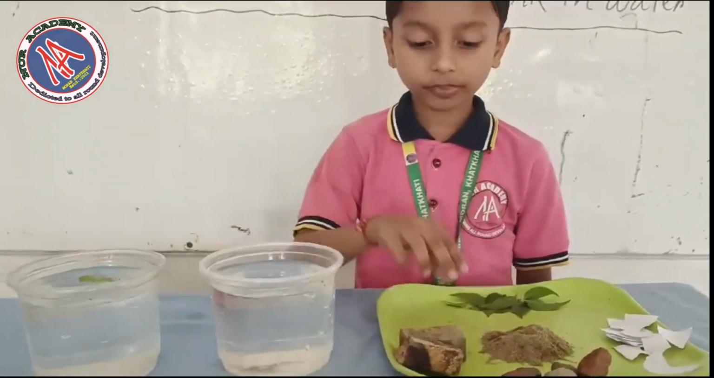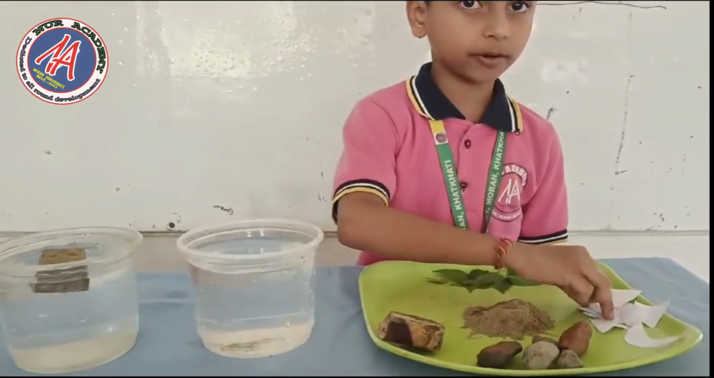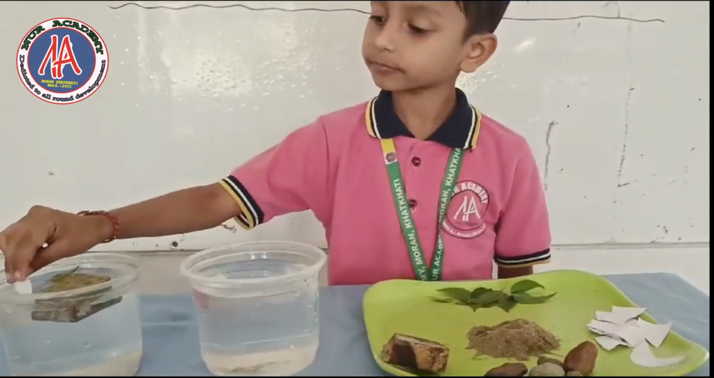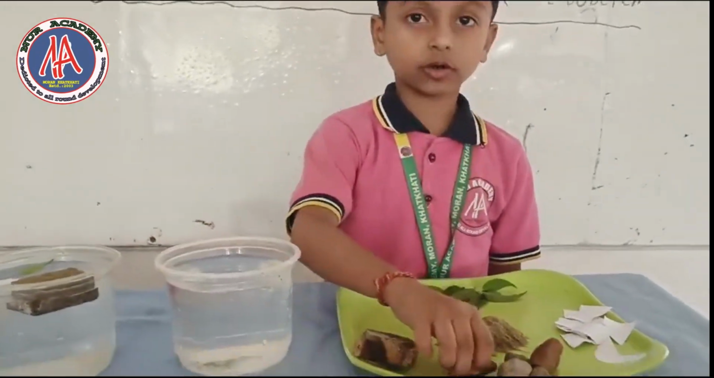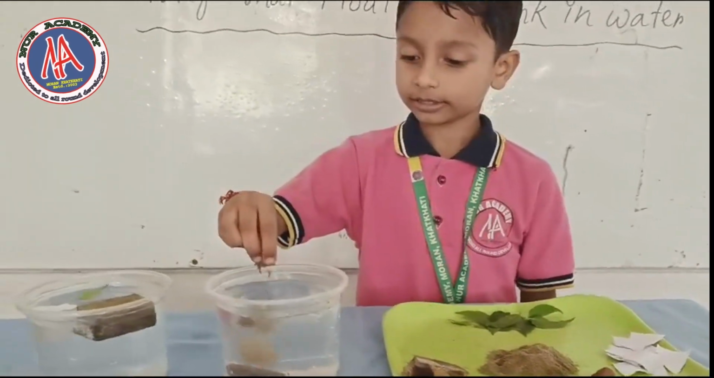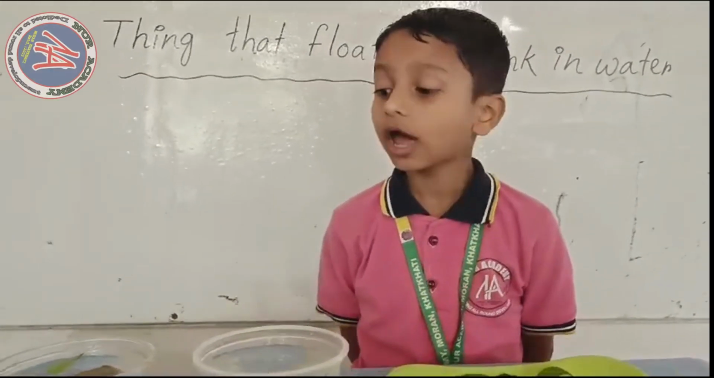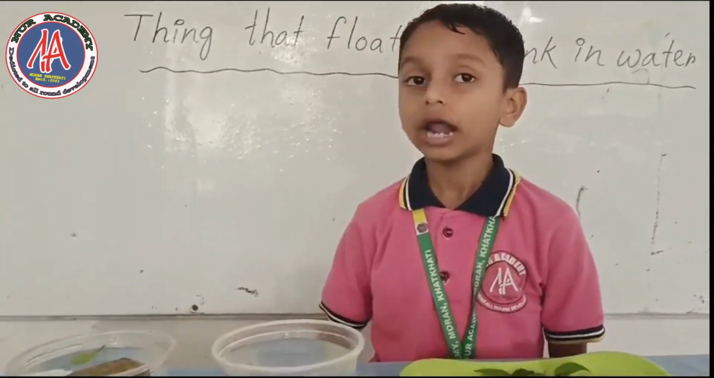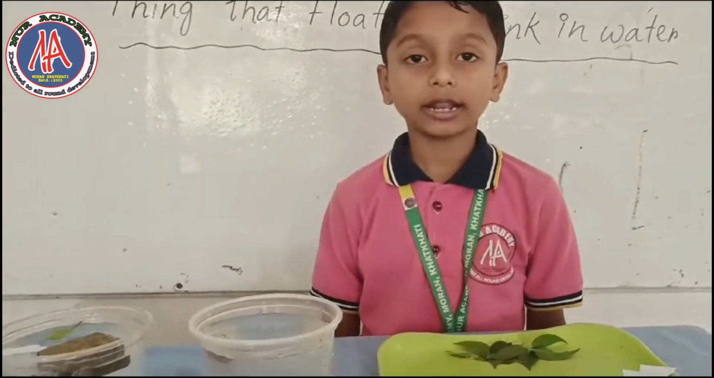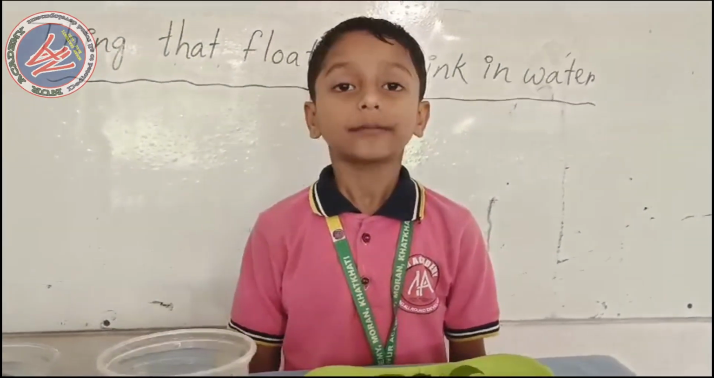Leaf, wood, paper, stone, sand. Now you can see that wood, leaf and paper float in water, and the other things like stone and sand sink